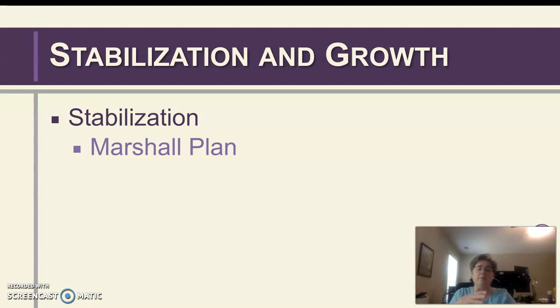All right, so one of the ways we did this, stabilization and growth, this is letter B, big letter B if you need it. One of the ways we're going to do this is with the Marshall Plan. And since you just have the word Marshall Plan there, if you don't know what the Marshall Plan is, you need to write a definition beside it, okay? The Marshall Plan was produced by George Marshall, who is pictured in your book on page 349. You can see he's in uniform, so he was a military person. But he was appointed the Secretary of State for Truman.